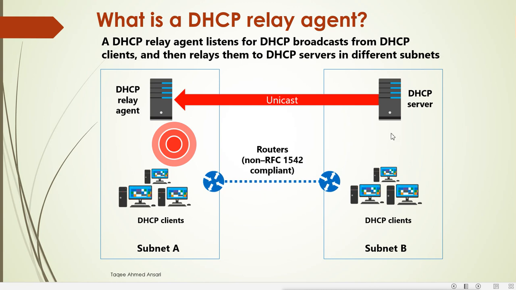So completing the whole process like this, the clients will get the IP address from the DHCP server of subnet B. In this scenario where the clients are in subnet A and the DHCP server is in subnet B, and they are connected through the router, routers will not pass the broadcast. We need the relay agent, and the relay agent is also the same router. Either we are using Cisco routers, which can work as a relay agent for our clients in subnet A, or we are using the Windows server as a router, which can also act as a relay agent for our subnet A clients. So basically what we need is a router to configure the DHCP relay agent.